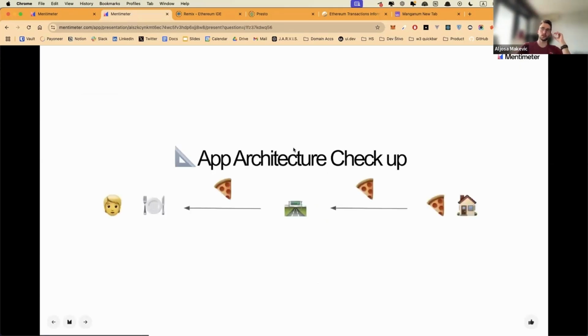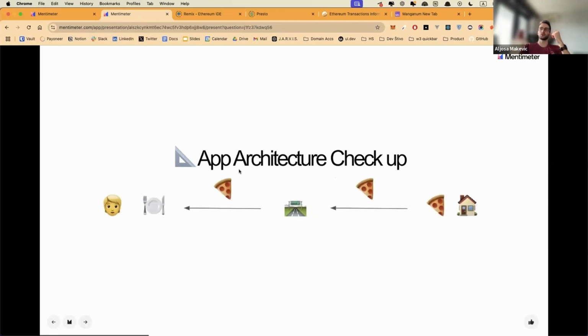Now, going through the architecture of an app and a dApp, I like to use a metaphor of food and pizza because I love food. So imagine you ordered pizza from a restaurant. You're basically requesting a slice of pizza that gets to you, let's say, on a highway to your plate from this restaurant.